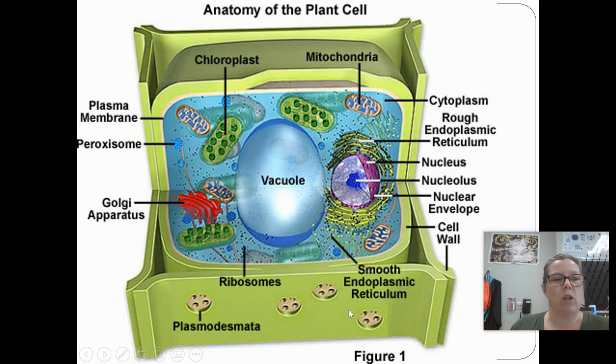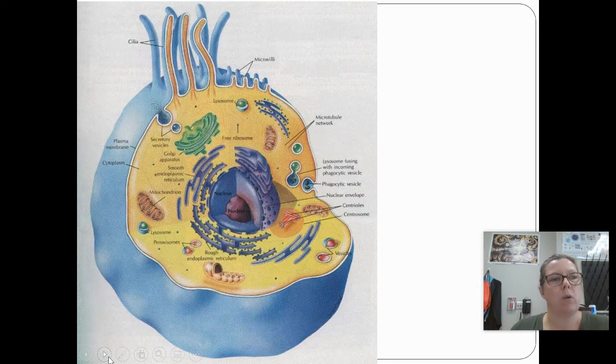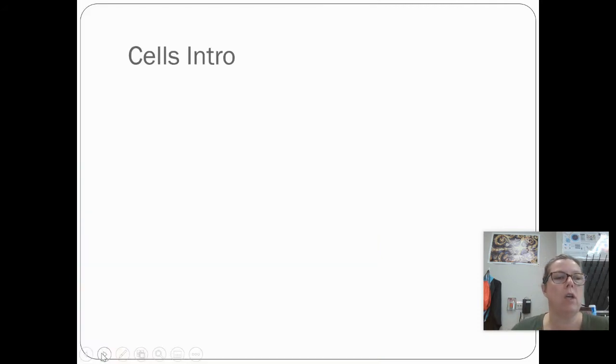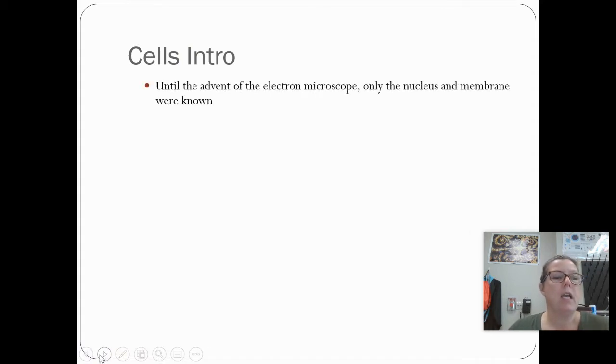And this is just a generalized picture of a plant cell. You can find a million of them on the internet, right? Here's a generalized picture of an animal cell. And obviously there are differences, and you're going to be pointing them out in the coursework that you're going to do. All right. But what you should remember is that because cells are small,